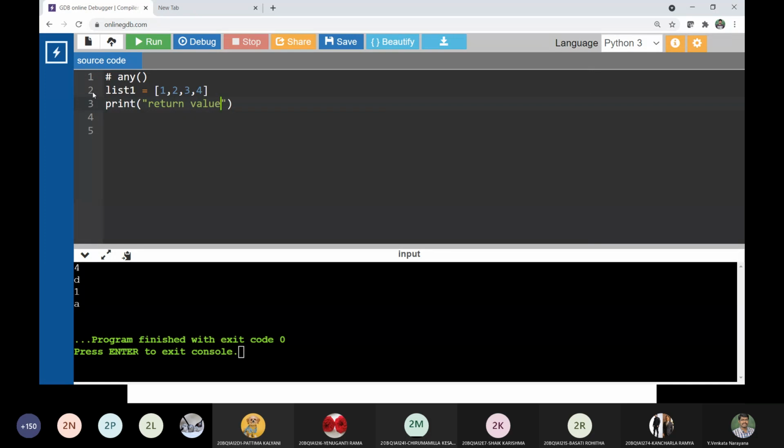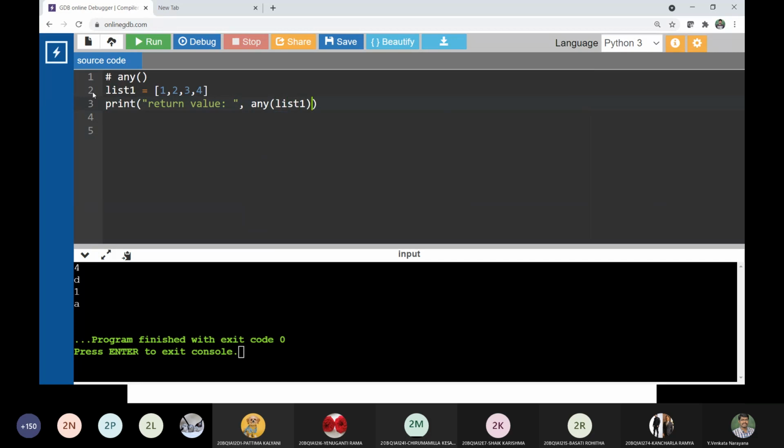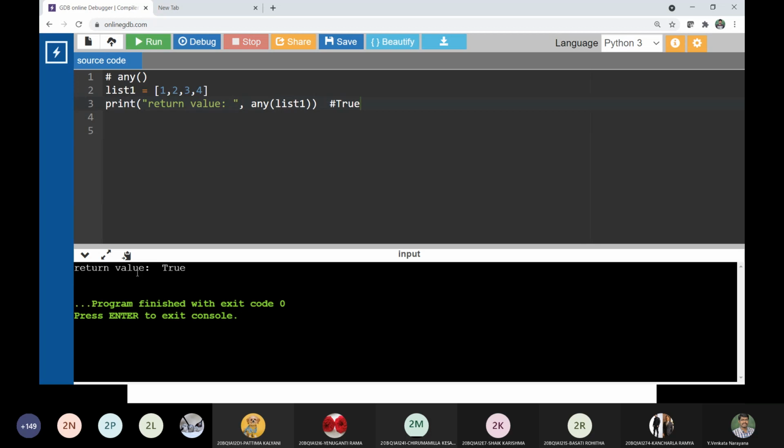Is it true or false for list1? Is each and every element present in the list true? One element is present which is true. So it returns true. It means that if there is an element present in the list other than 0 or false, in that case it returns true. So here the return value is true.